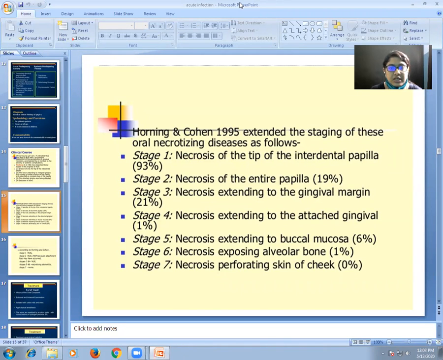Third stage is the necrosis of the disease extends to the gingival margin. Fourth stage is the necrosis extends to the attached gingiva. Then fifth stage is the necrosis extends to the buccal mucosa. Sixth stage is the necrosis exposing the alveolar bone, and last, seventh stage, is the necrosis perforated to the